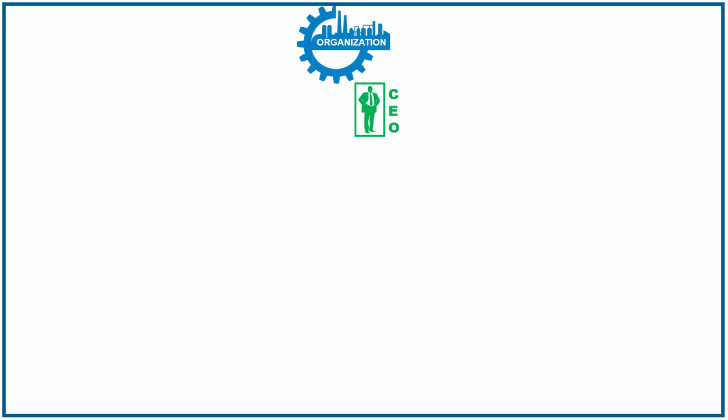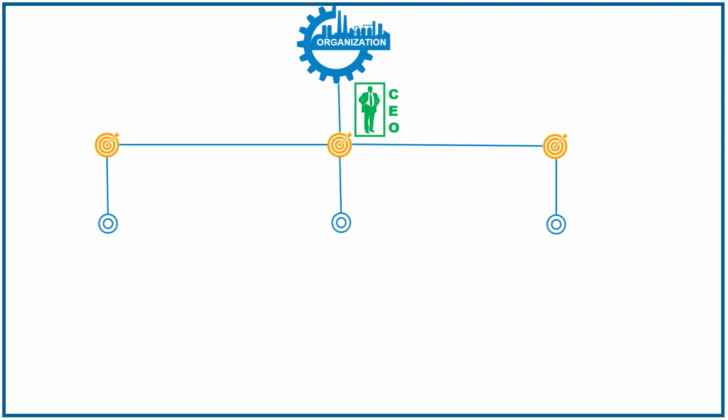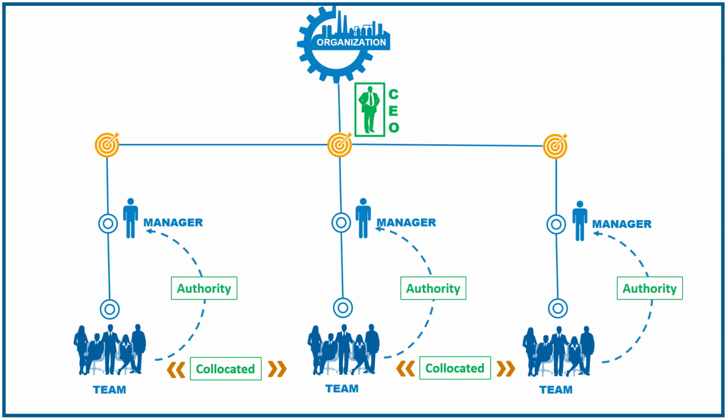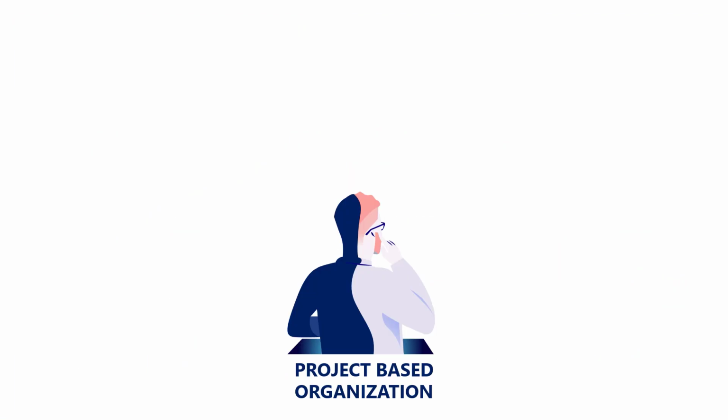Organizational structure: a company's CEO approves different projects and personnel are organized around each particular project. There can be multiple projects at the same time and each project has its own project manager. Each project manager has a full-time team under his control, and team members are often co-located for better performance until the project ends. But the project managers have full authority over project resources and they control the budget and work assignments. Project managers, however, report to the CEO about project progress, and when the project is completed, the team is disbanded and resources are released. We define project-based organization in 5 different aspects.